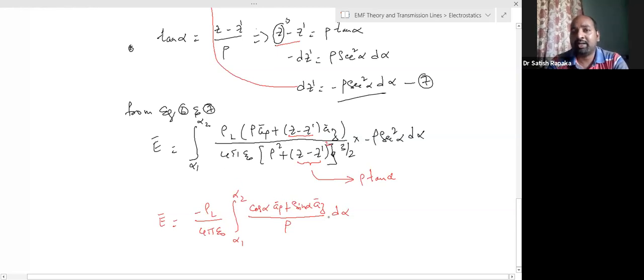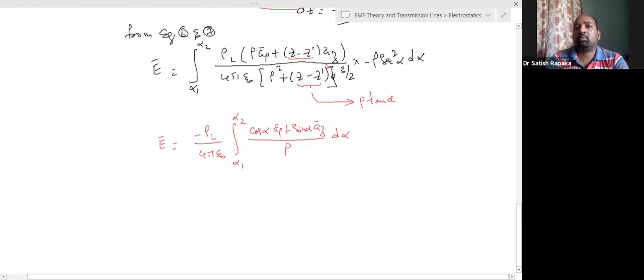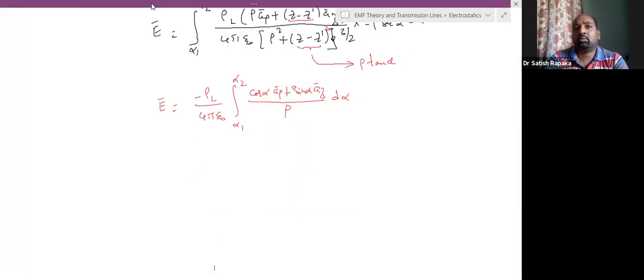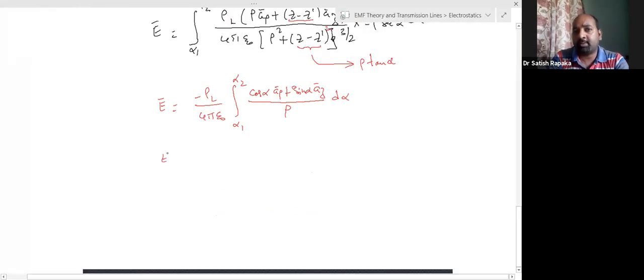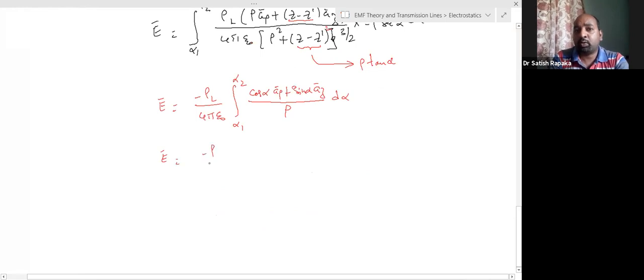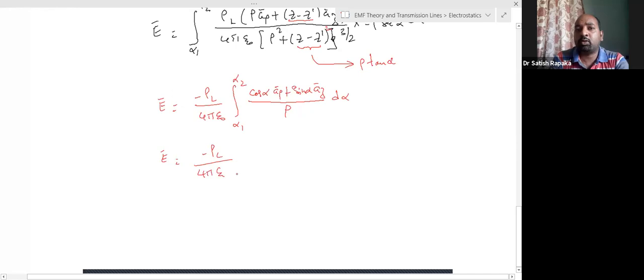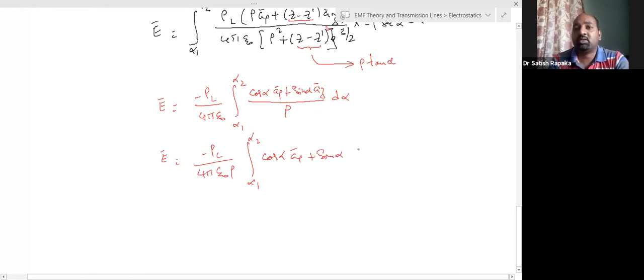If you simplify, you will get this expression, and you can also take rho common, so it is minus rho L by 4 pi epsilon naught rho, integral alpha 1 to alpha 2, cos alpha a_rho bar plus sin alpha a_z bar, d alpha,